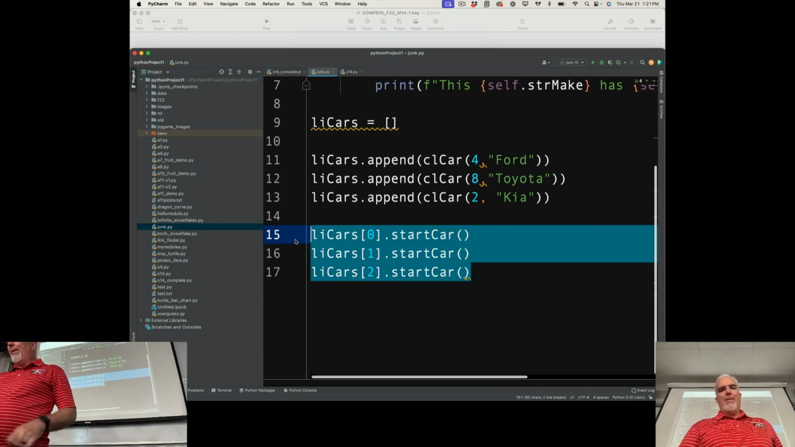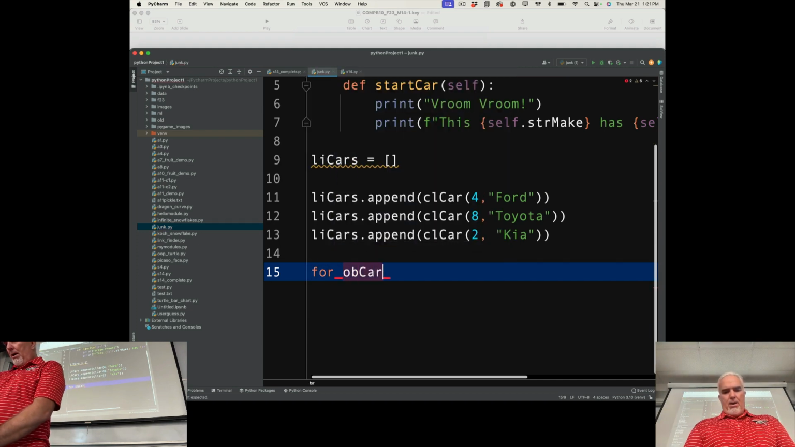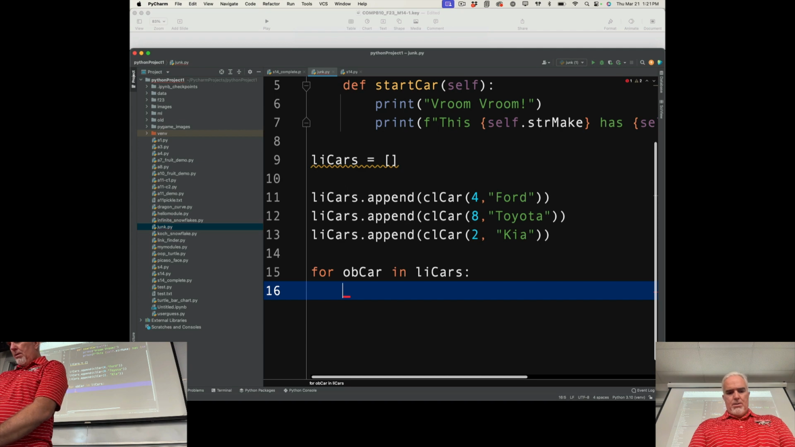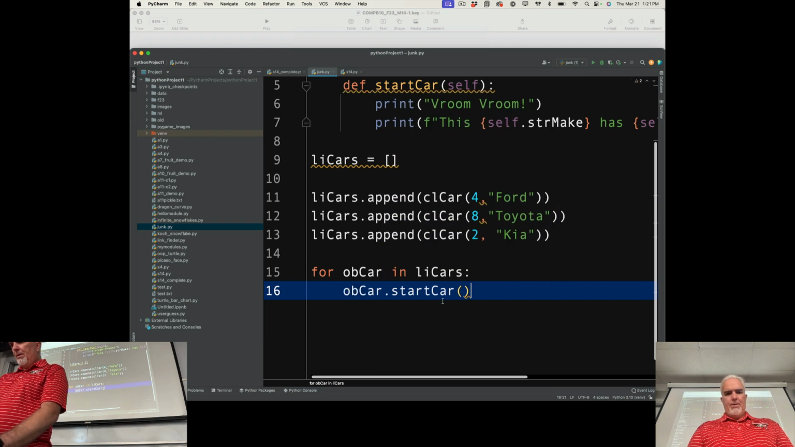But here's something a little bit more powerful that I can do. Now that they're in a list, I can actually iterate through them using a for loop. So I can say for OB car in LI cars, and I can say OB car dot start car. And now